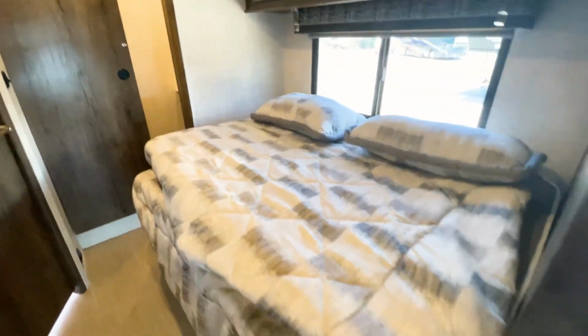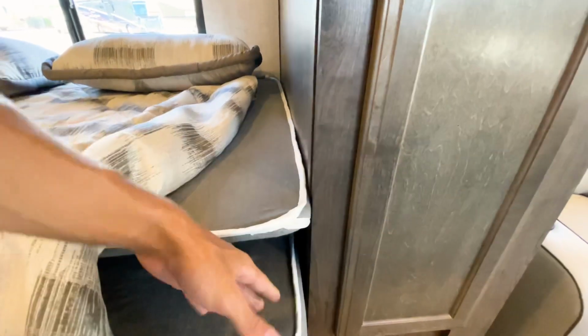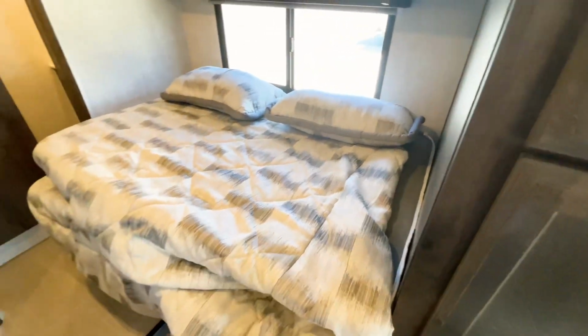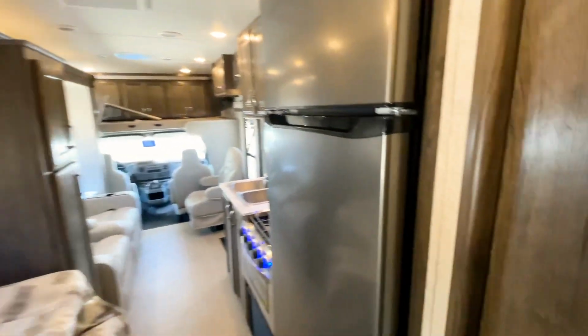Your bed is going to fold up on top of itself. So you'll see underneath here, the bed folds up, and as you push it in, it just rises up over the top of the mattress. There's a divide between those 2 spots so that they can function that way when you slide it in. You will have access to all the storage above the bed, and then you will have access to this walk-in closet back here, which we will look at in more detail in a moment. You do have this walk-in closet that you have access to while the slide is pushed in. You also will have access to everything else in the motorhome, your bathroom, shower, all of your kitchen supplies,